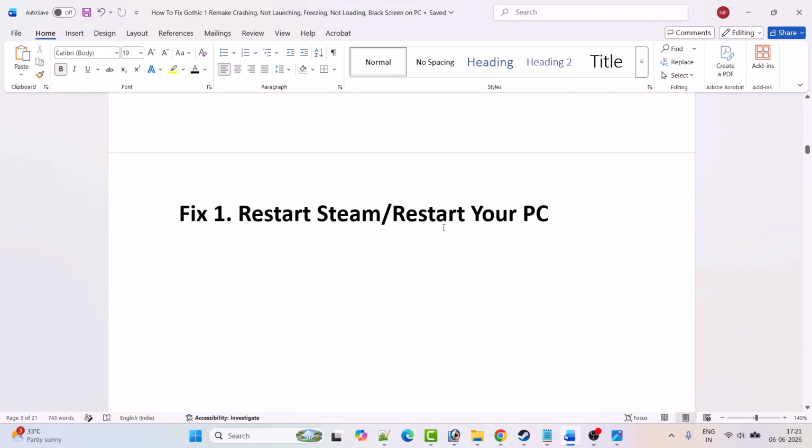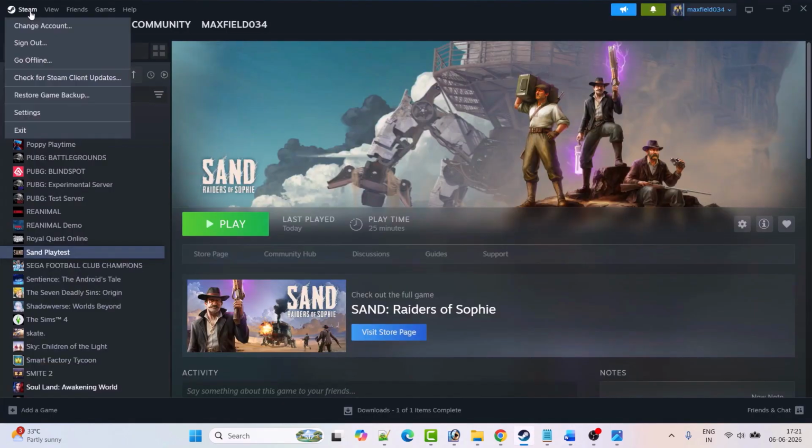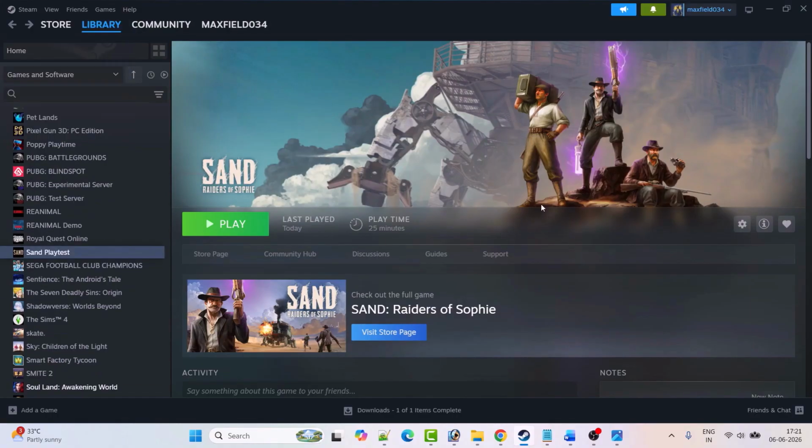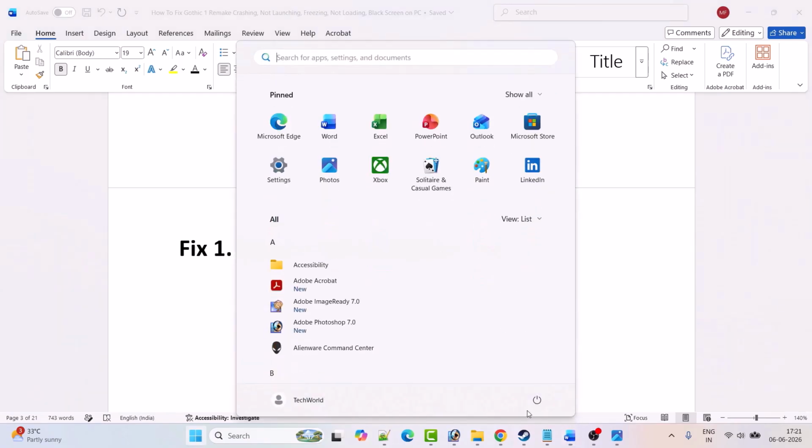very carefully. Now the first fix is to restart Steam or restart your PC. So simply click on this word Steam and then click on exit. This will exit Steam, then relaunch Steam, and then you can go ahead, launch the game and check. If that doesn't work, then just restart your PC once, and once your PC restarts, go ahead, launch the game